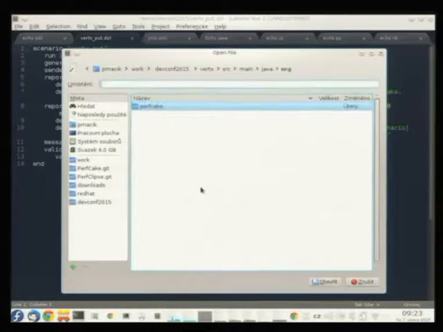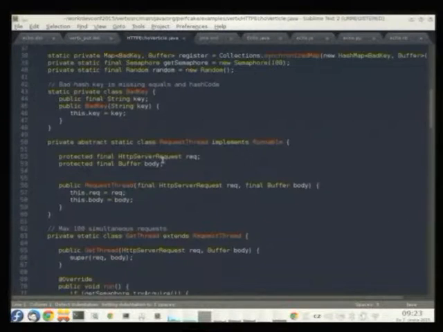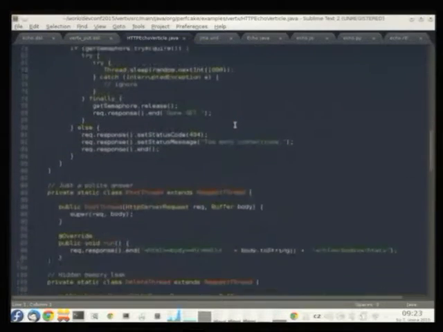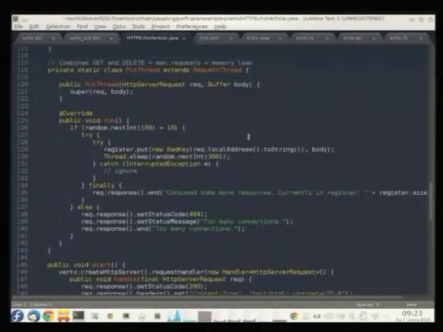We can have a look at the source code of the bed key for you to see how that was implemented. As you can see, the class bed key at the beginning is just a key that is used in hash map, but it does not implement hash code and equals methods. And for each request, we are storing actually the address where the request came from and the body of the message.